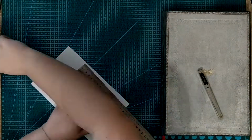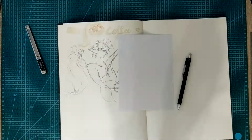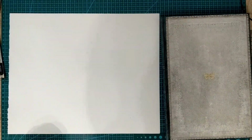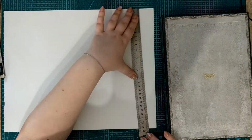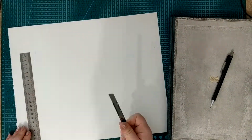So I started by making some sketches in my sketchbook, trying to figure out which pose was better. I did not draw mermaids in so long that now they seem so weird and hard to make them work. After I have chosen my pose, I cut some paper to my desired dimensions. The first one was too small, so I cut another one, figuring out it will be awfully hard cutting out